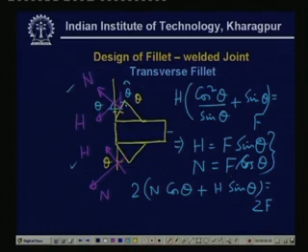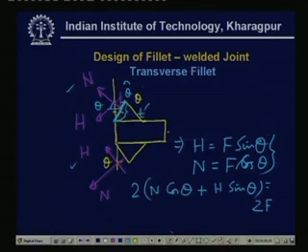Now, we have to find out the area of cross section. Here the area is the length times this length. So, that is the throat length, or I should not say throat, but the length here. So, let us denote this by T prime. What is that T prime? That comes directly from the geometry. Let us consider in a little bit more detail. If you consider this part, that is the fillet section,